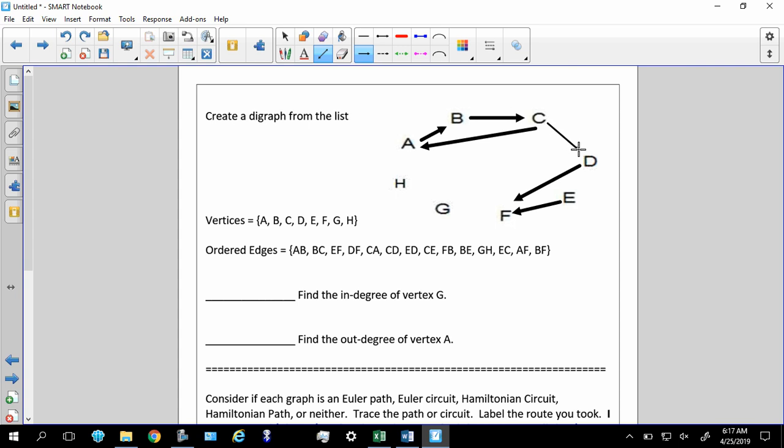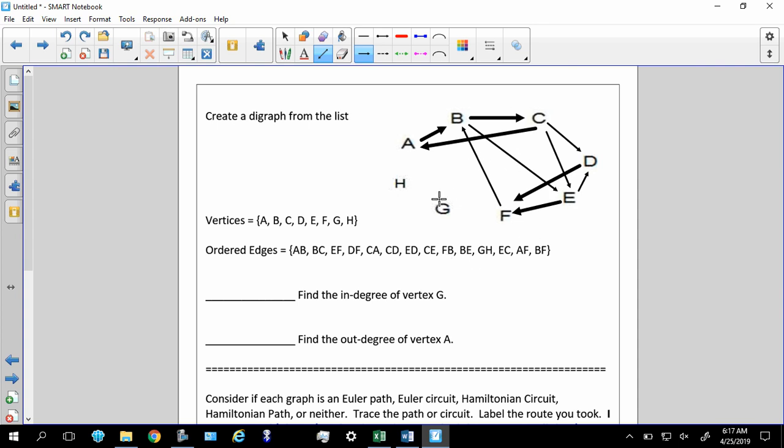So that would be C to D. I got smaller arrows. I messed up. All right, so E to D. All right, C to E. Let's see, C to E. All right, F to B, F to B, B to E, B to E,